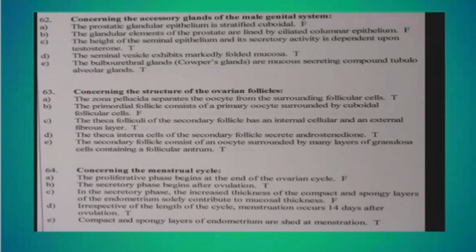The prostate gland epithelium is stratified cuboidal. Remember, I mentioned that the type of epithelia there is the same type of epithelia in the seminal vesicles, which are your what, pseudostratified columnar or simple columnar. Then, your glandular epithelial elements of the prostate are lined by ciliated columnar epithelia. False, your glandular elements are not actually lined by this. It's actually pseudostratified. And then next, the height of seminal